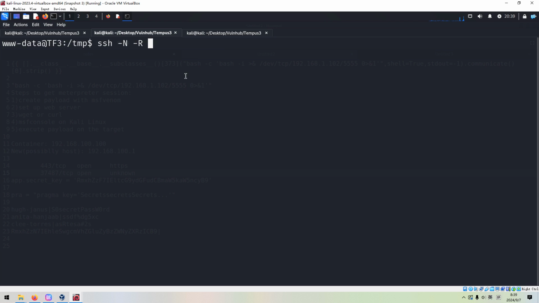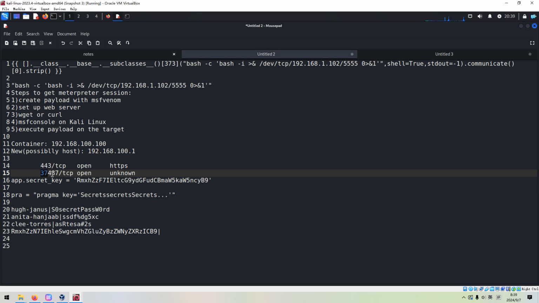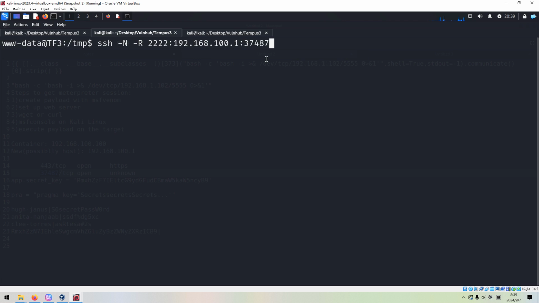This port number is very difficult to remember, right? We can use this one, and we can copy the Kali.